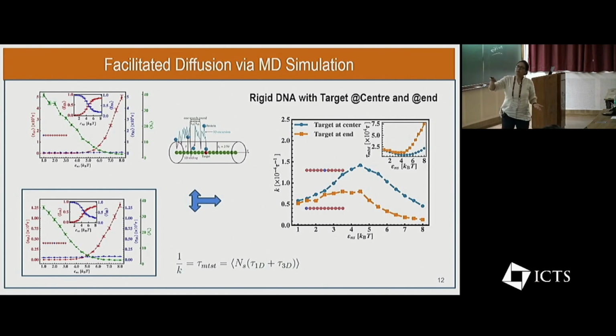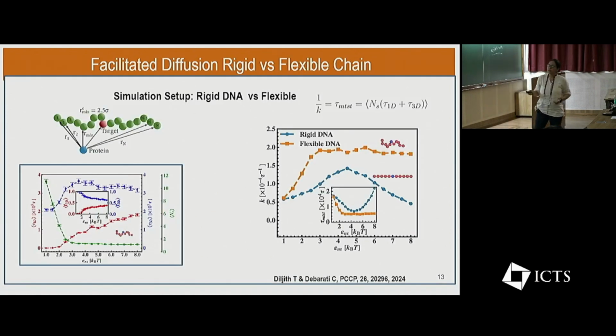And at the same time, tau 1D keeps on increasing, which is also very physically intuitive, because once the interaction strength is high, that means the protein is much closer to my DNA, and so tau 1D sliding will be much slower. So that will be the dominating stage. And if I plot K, which is 1 by tau target search, that gives the inverted U kind of shape. But when I consider a flexible chain, considering a similar cutoff, which is an essential part of our model,